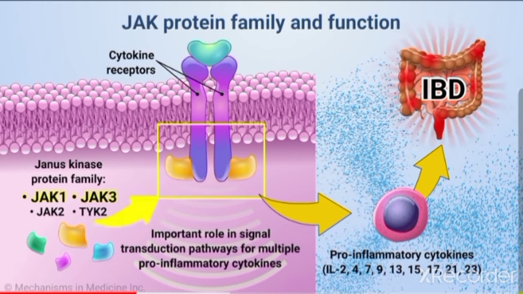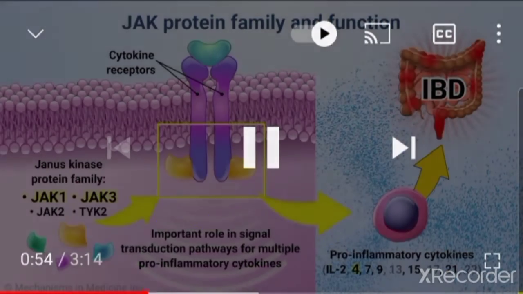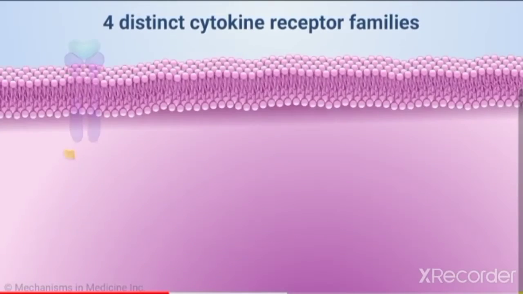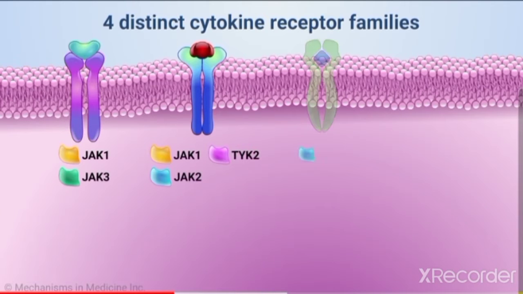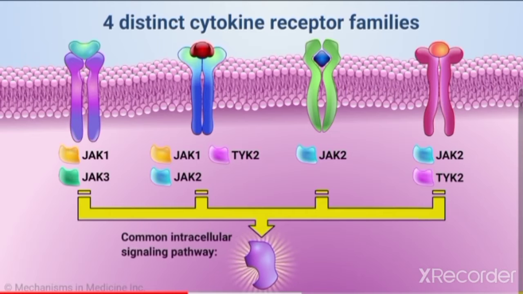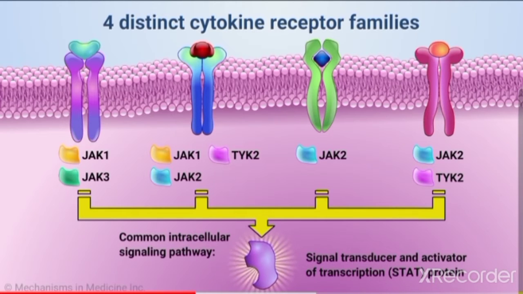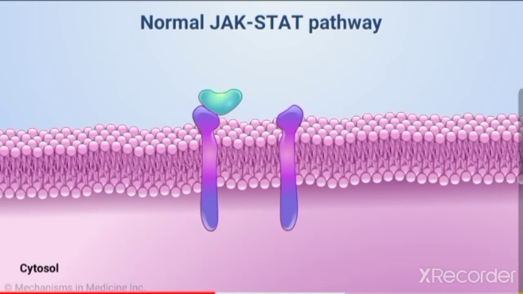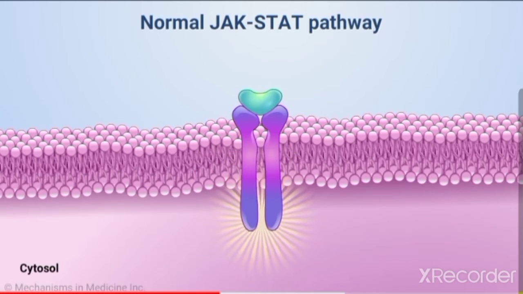JAK1 and JAK3 modulate an adaptive immune response via IL-2, IL-4, IL-7, IL-9, IL-15, and IL-21 signaling. JAK proteins are associated with distinct cytokine receptors, but initiate their transcription response via common intracellular signaling pathways. Physiologically, a cytokine binding to its specific cell surface receptor initiates a conformational change in the receptor that in turn leads to recruitment and